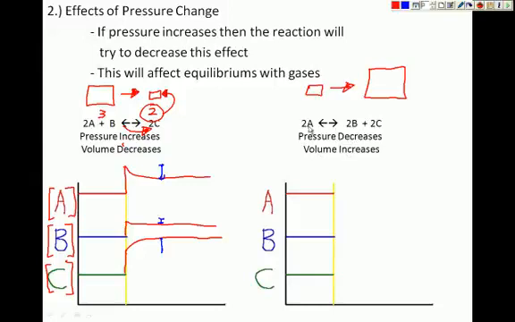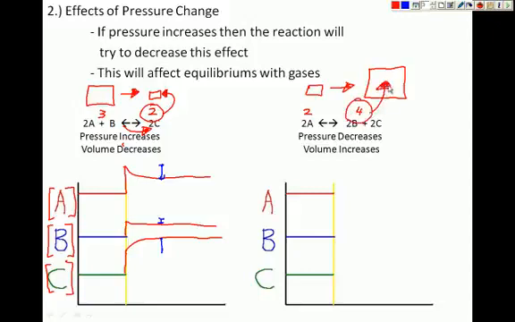So what we have here is 2 particles, and it's going into 2B plus 2C. So here's 2 particles, and this is 4 particles. So we're having a bigger box, and what we can say is big things fit into big boxes,